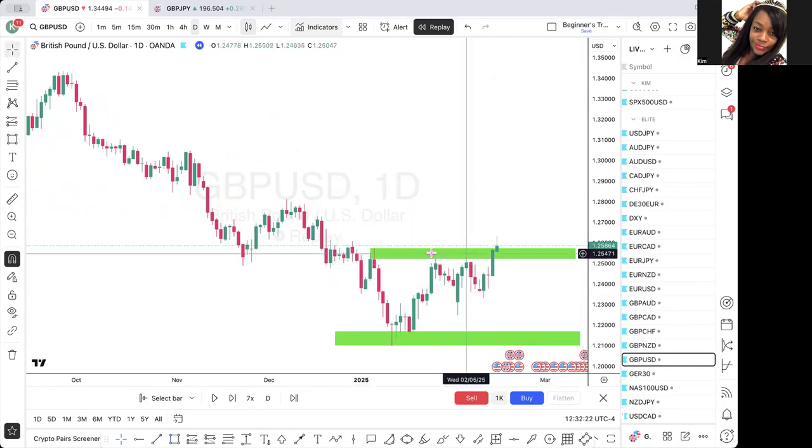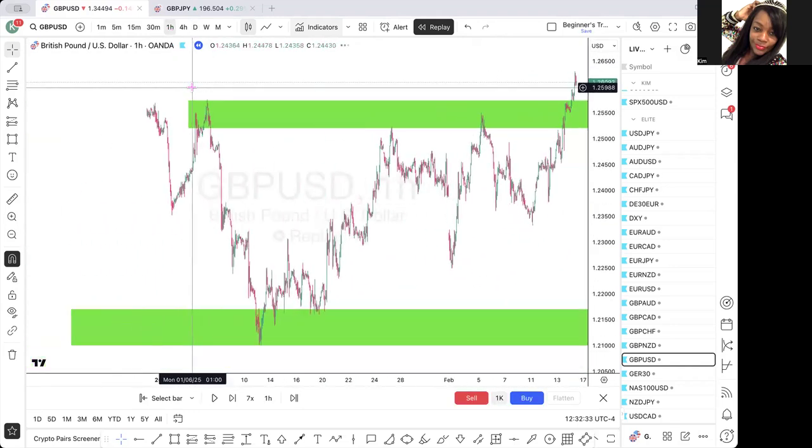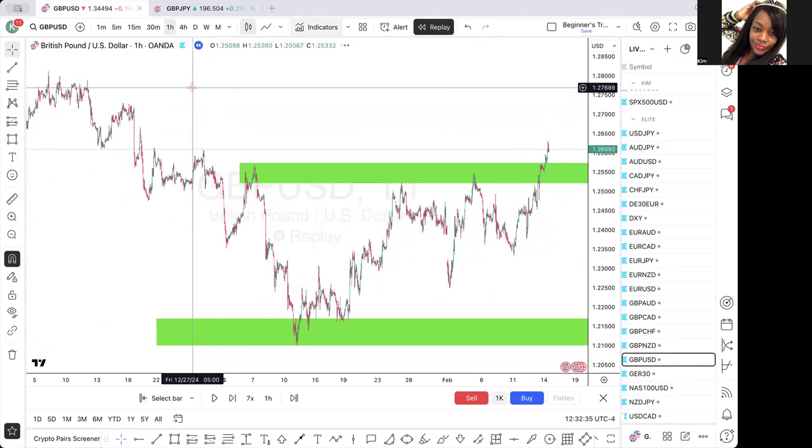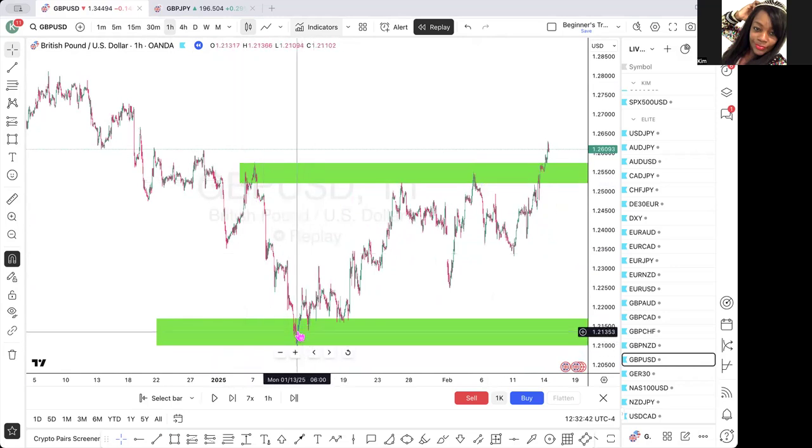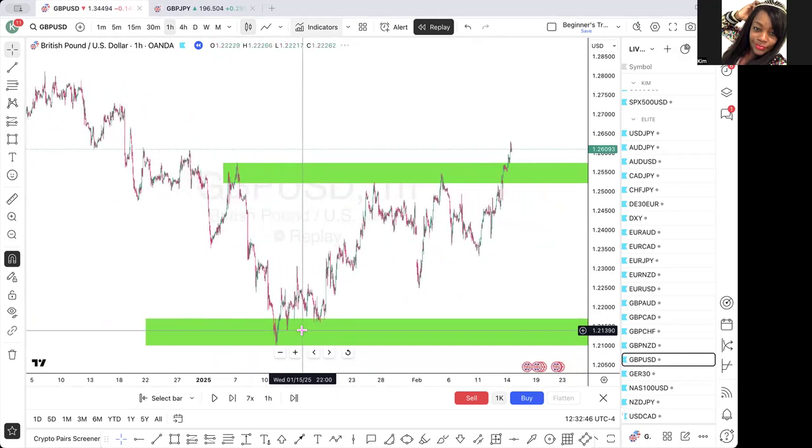So once price gets to this zone, you can set an alert and see what happens. As you can see on the 1 hour, price broke above that zone, right? That was my swing low, my daily swing high, and my daily swing low. Once price gets to that zone,